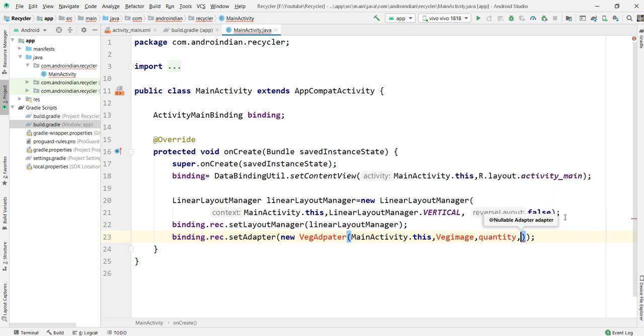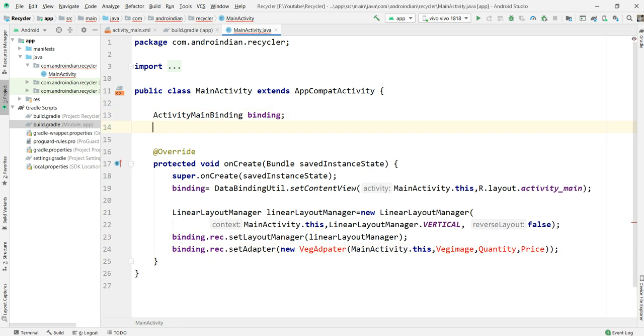I want to show these 3 parameters in a recycler view with multiple items like this. But why is this showing an error? Because here data sources are required. That data source is nothing but arrays.